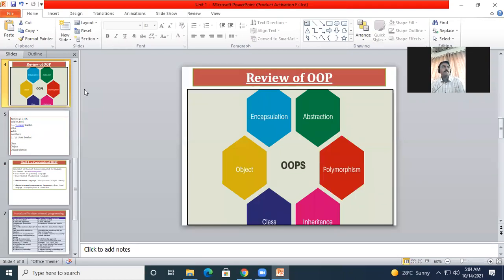Now what is encapsulation? See, the encapsulation is nothing but it is wrapping up of the data under the single unit. It is the mechanism that binds code and the data. See, now there are two terms. It binds the code and the data. Now, can you define what is data?